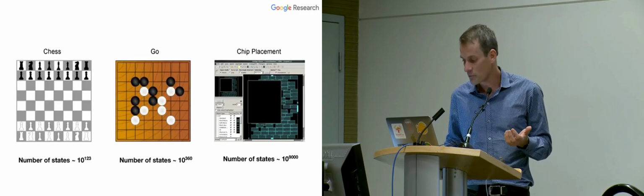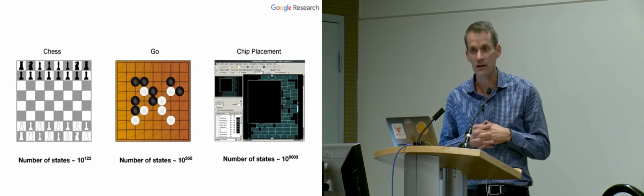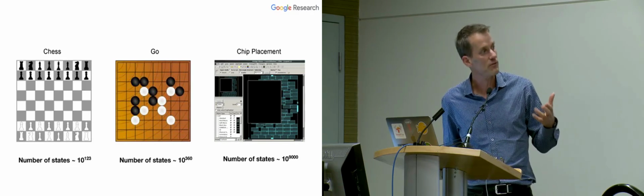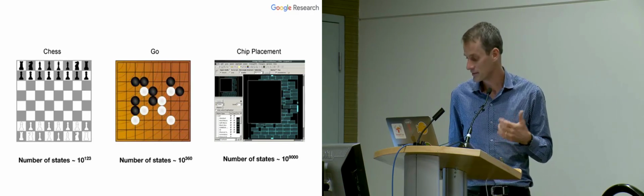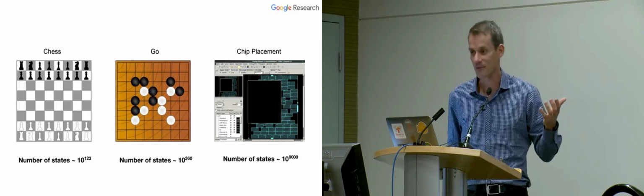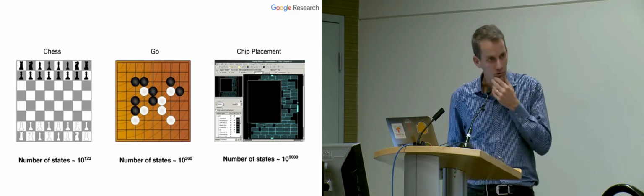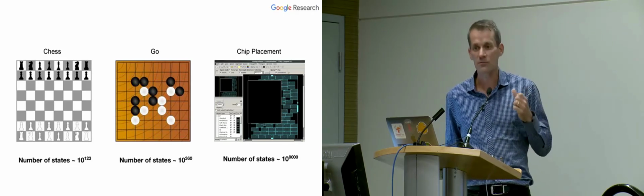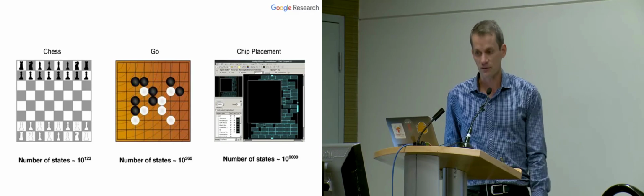And it turns out this is a super hard problem because the state space of chip design for a reasonably sized chip is actually really big, like 10 to the 9,000th. You don't normally talk about numbers like that. And so how can we actually effectively make these systems able to do placement of something with that large a state space?